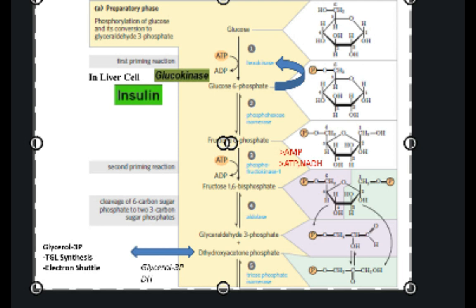The first 5 steps are the preparatory phase, in which we input some energy and break glucose down into two 3-carbon compounds, and the second phase is the payoff phase where we get some energy. So we discuss the preparatory phase first, and the first reaction is, as we mentioned,